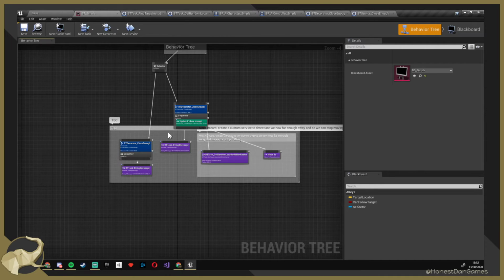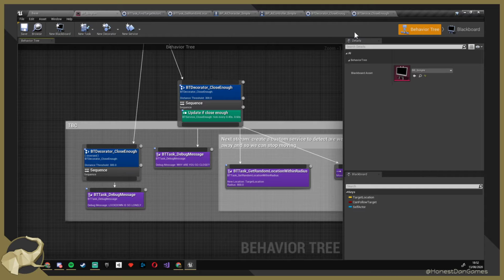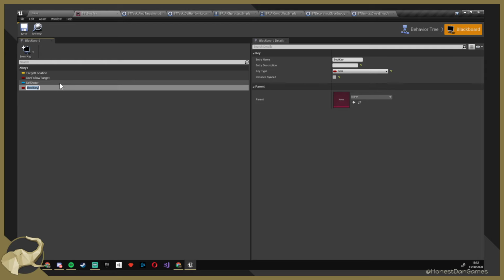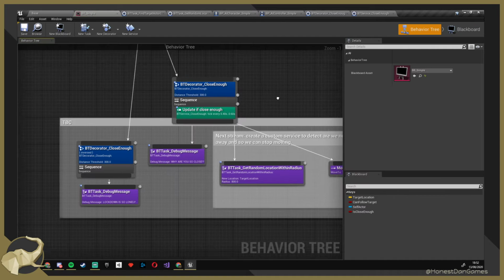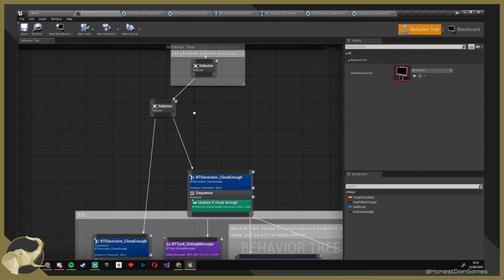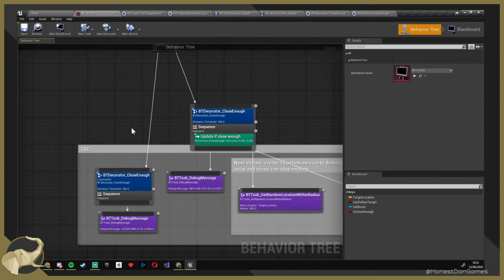So yeah, my thoughts is that we would have a parameter like in our Blackboard code is close enough. We'll do this to begin with and we'll see if there's another way to do it. So I would guess that we're going to have a new key, a bool is close enough. Like so. Go back here and that we can update that. And then this selector will only happen. Oh, actually, no, because